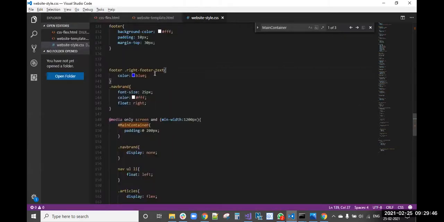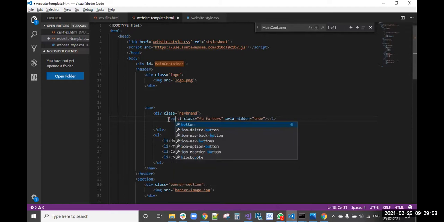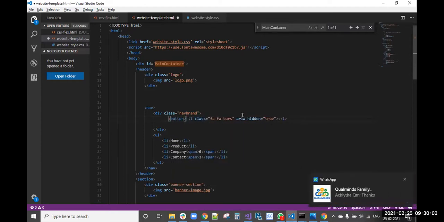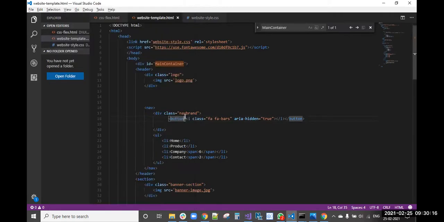How do we need to apply it? This nav brand is there, right? Button. We will give button now. Now we will see whether there is any difference. No difference. Here we got the nav brand, we got that button.